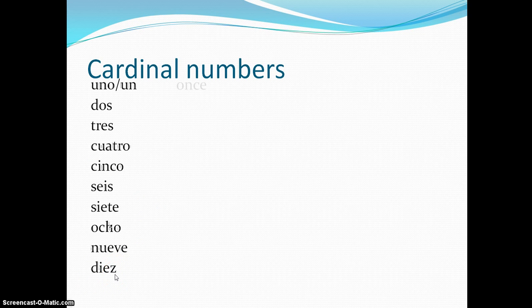Okay, seguimos. Once, doce. Now I'm going to go th for most of these, but if you are from Latin America or from the south of Spain, you would say s for the ce, ci, and the z. Trece, catorce, quince,